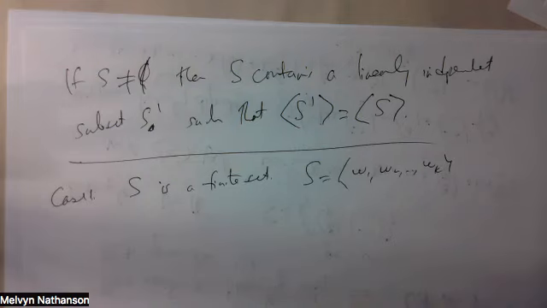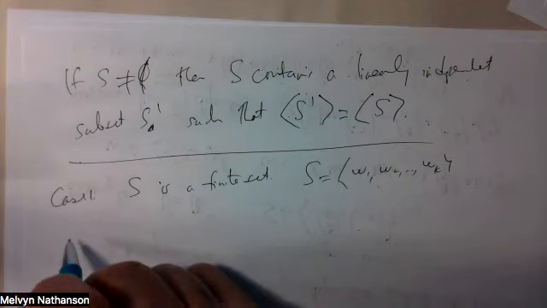So if one of these vectors is 0, of course, we can throw it away. We don't need it. This is a finite set. It has only finitely many subsets. So you can look at all the finite number of subsets, and some of them are linearly